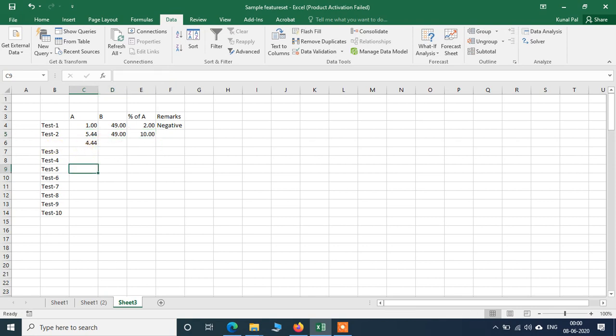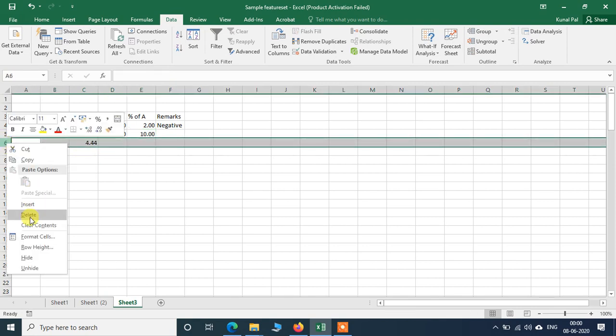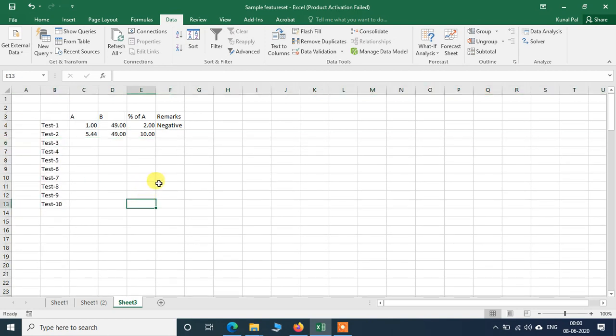Now suppose you have got this one, but you do not know at what concentration. So here we are having the positive, so we have got a gel. But there is a huge difference between 2 and 10.